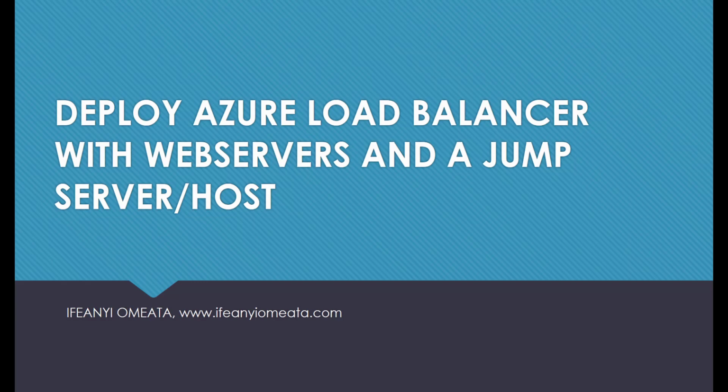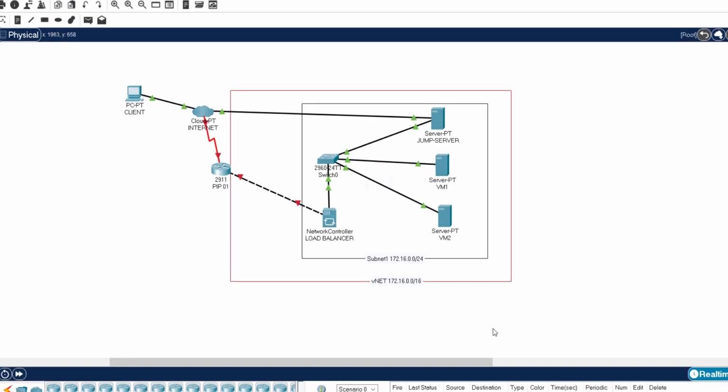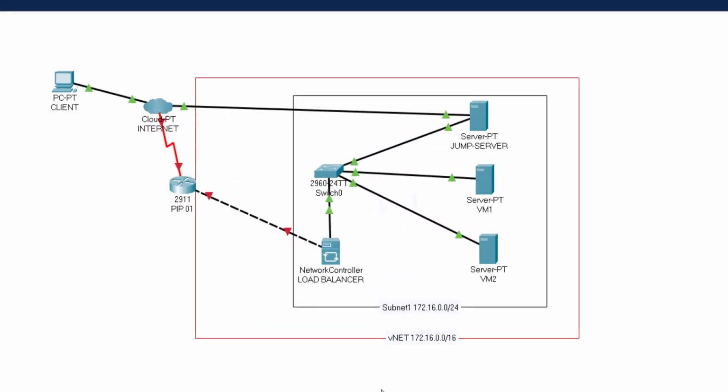Hi, so we're going to deploy an Azure load balancer with web servers and a jump server, or a jump host. Let's take a look at this diagram, which is similar to what we are going to do, because here we have two servers that would depend on a load balancer, and we are going to have the jump server which should be able to be connected to the internet and should be able to connect to the servers,